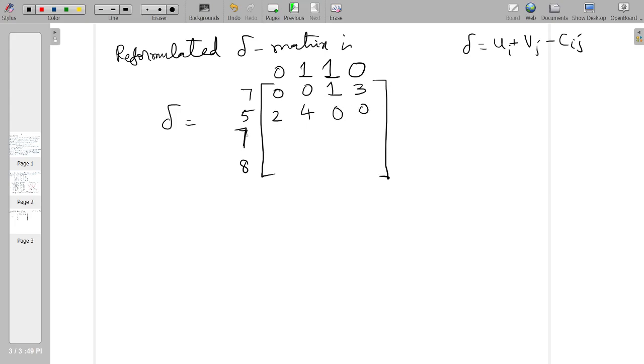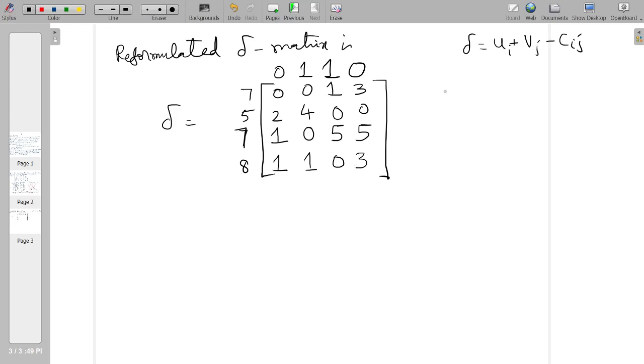And the entries for the third row would be 7 plus 0, 7, minus 6, 1. 7 plus 1, 8, minus 8, 0. 8 minus 3, 5. And then 7 minus 2 would become 5. Now the entries in the last row would be 8 plus 0, 8, minus 7, 1. 9 minus 8, 1. 9 minus 9, 0. 8 minus 5, 3.